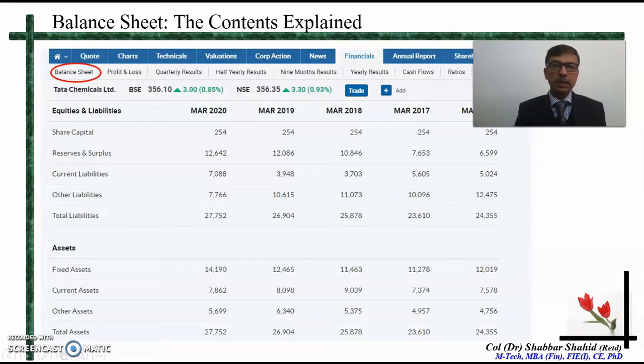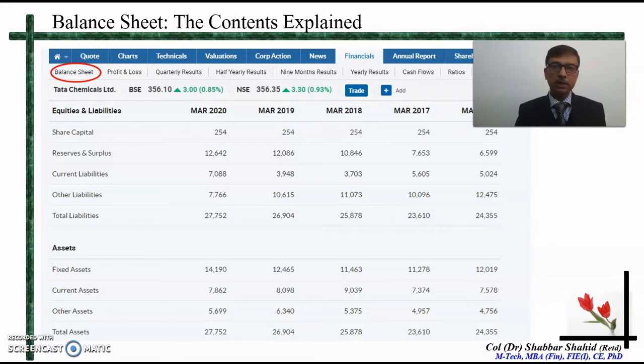So on the screen, you will be able to see the balance sheet data for the past 5 years as on the last day of the financial year for 5 consecutive years. Now here we are in India, so you see it as on 31st of March every year. But that may not be the same in all countries.